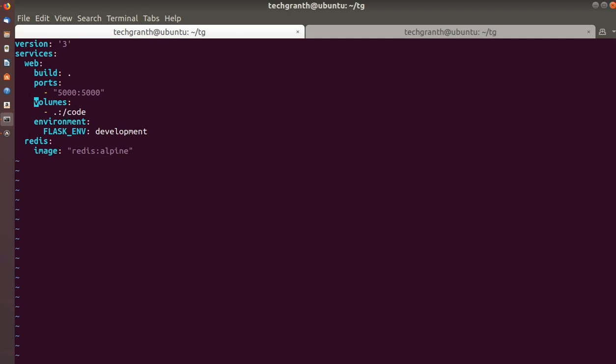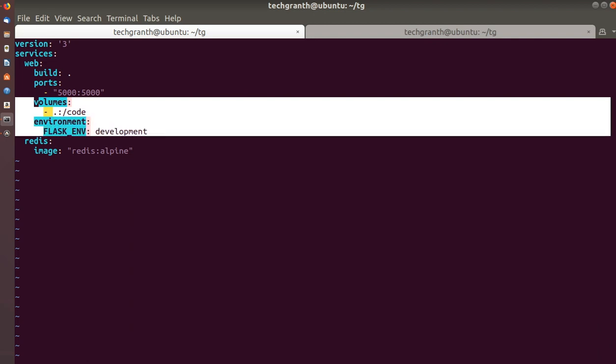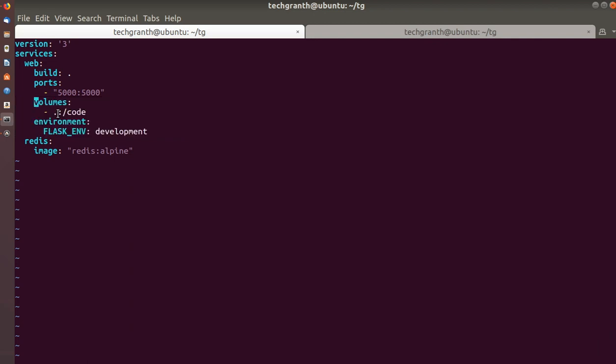Okay, we have changed. We just add these lines here, right? Which means we created one more volume where the current working directory of our host will be mapped to, or mounted to, the /code directory inside the container, which will allow us to modify the code on the fly without having to rebuild the image.